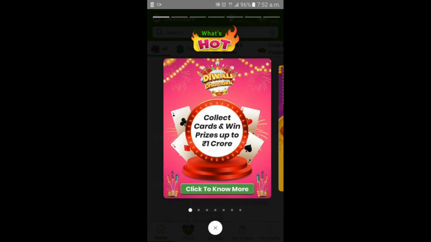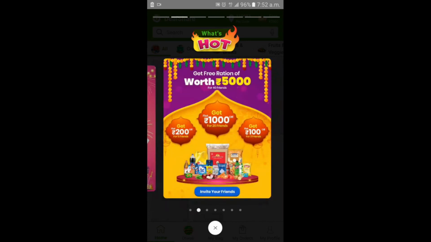Now on the front, whenever you first install, you will see Diwali Dhamaka or festive season deals, and it comes with new features like get free ration worth 5,000.